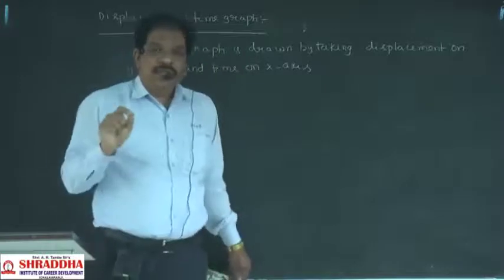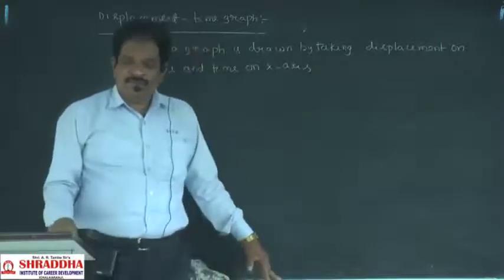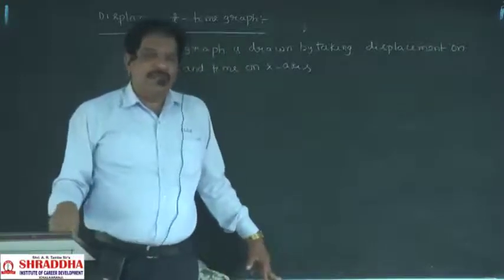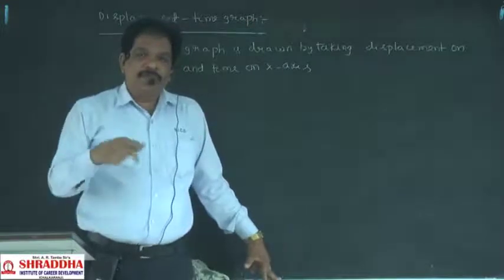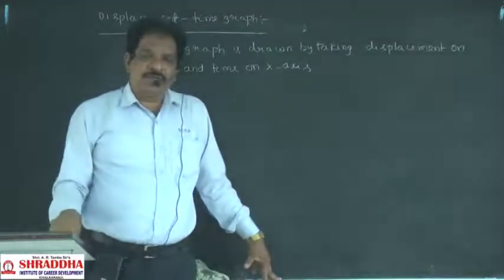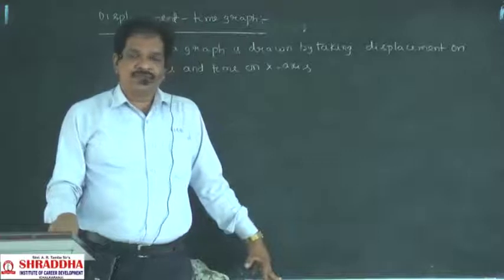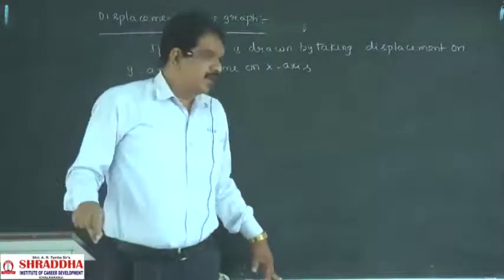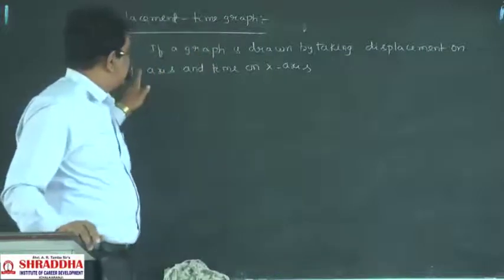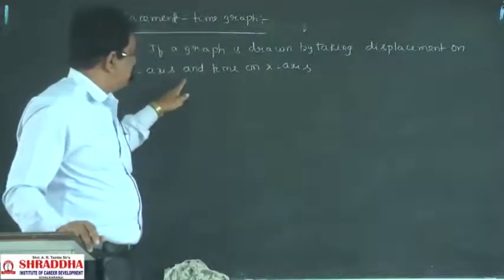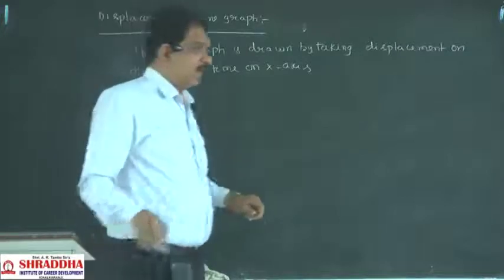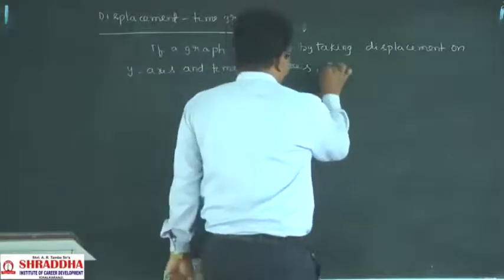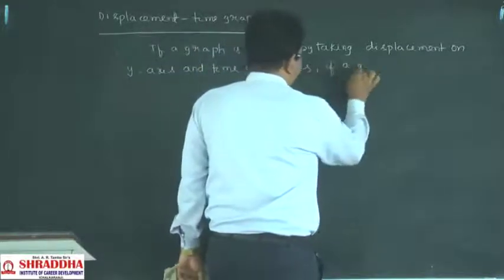So, independent variable that will be taken on the x-axis. Dependent variable that will be taken on the y-axis. So, displacement will depend on the time. That's why by taking displacement on the y-axis, time on the x-axis, if a graph is drawn,